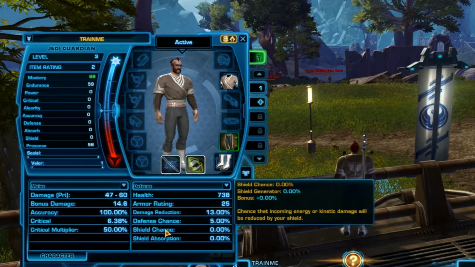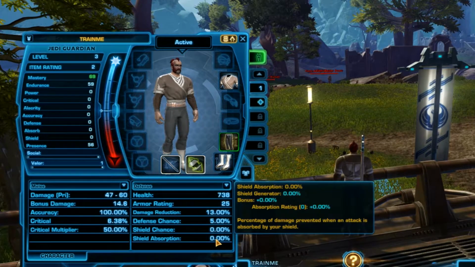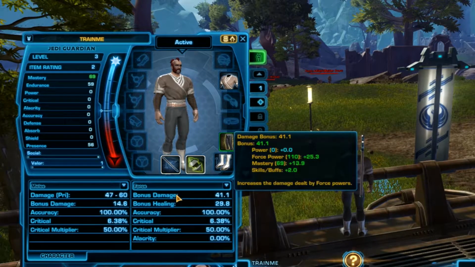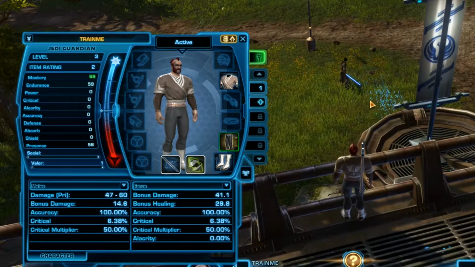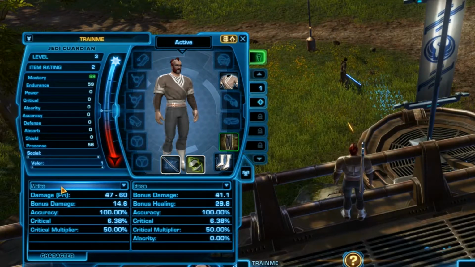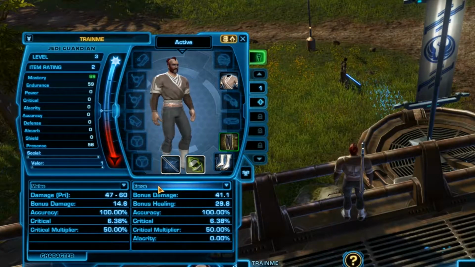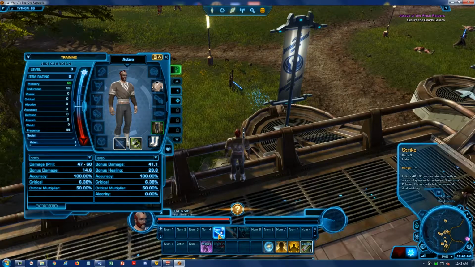A tank has shield chance. If they roll the dice and make their shield chance, then they are able to absorb some of the damage that's coming their way. There's also force. If I use a force attack, and when we were looking at combat and the numbers were flying off my target showing their damage, white numbers are melee damage, yellow numbers are force or tech damage. So if it's a yellow number, you can come over here and oftentimes see what